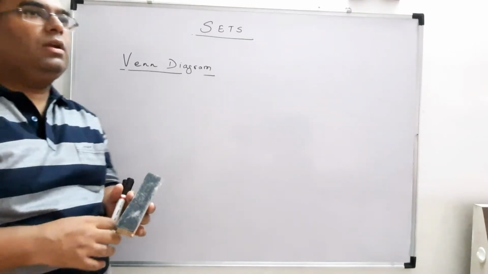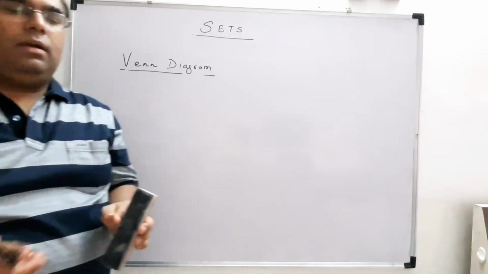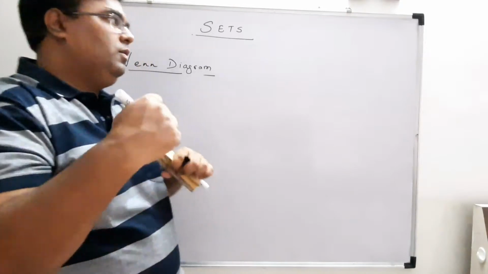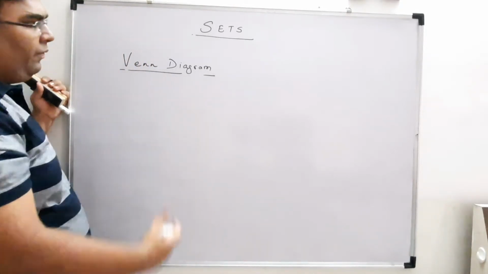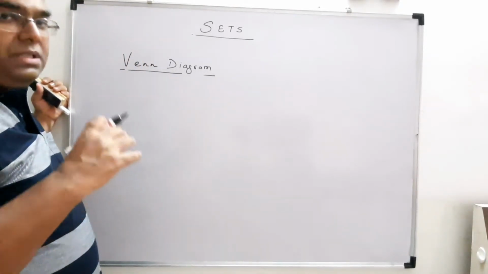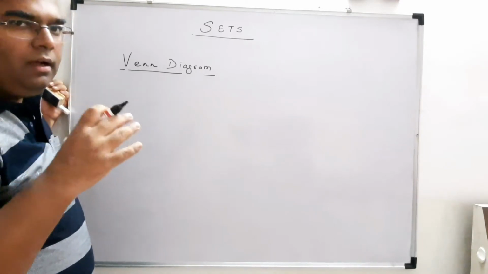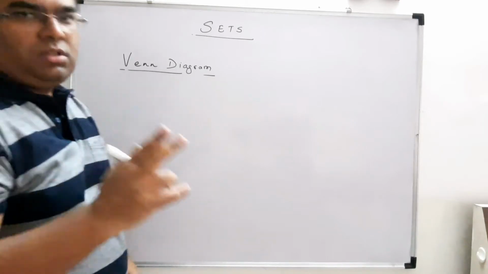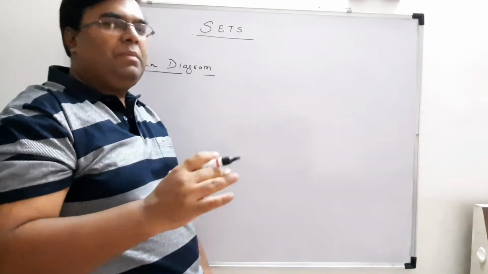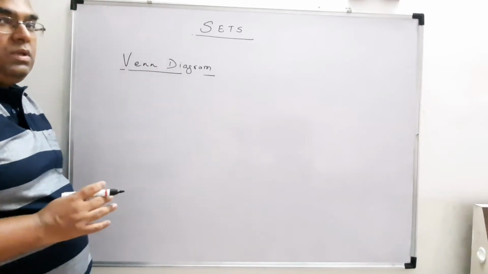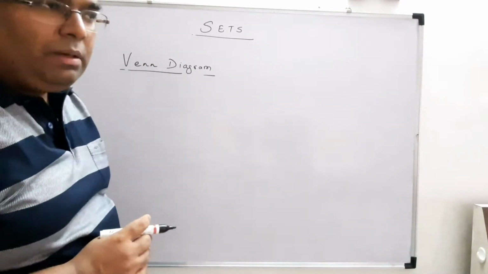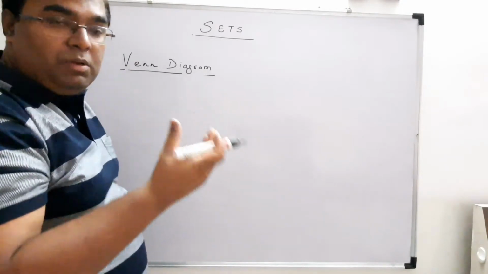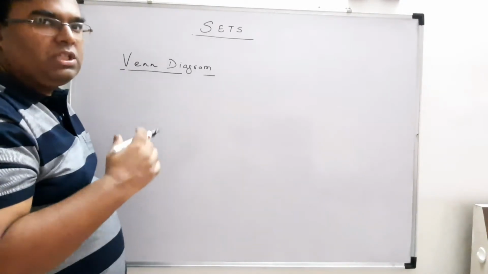In this lecture, we are going to learn about Venn diagrams and some more terms related to sets. Okay, what is a Venn diagram? A Venn diagram is basically a representation of a set in another form. We know two forms. One is the roster method, which means the listing method, putting all the elements in the bracket. Another one was the set builder form or rule method. You can say that it means writing the set in variable form or in some formula or statement.